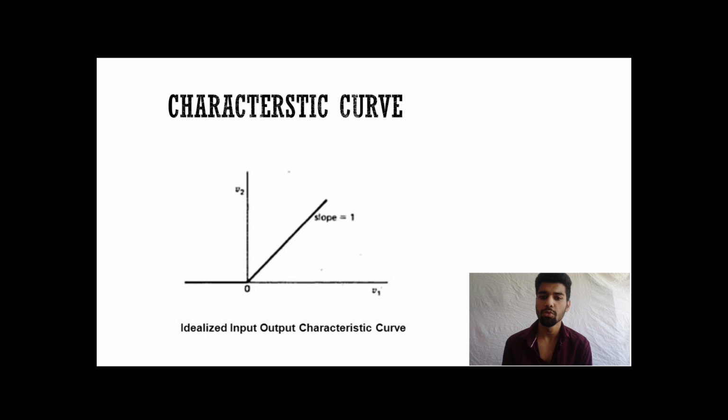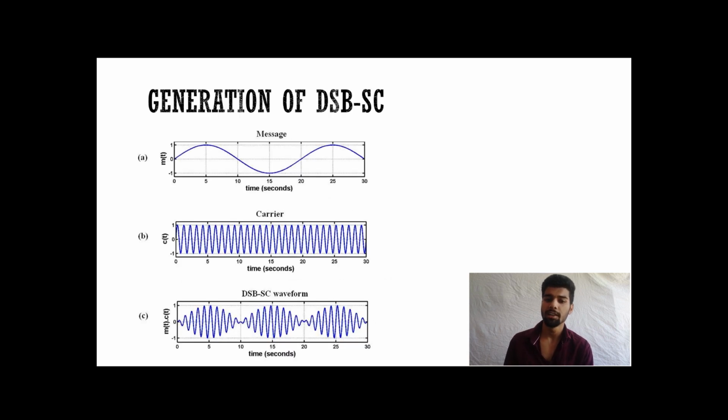Now we come to the DSBSC signal. That is, as we all know, double sideband suppressed carrier. What does suppressed carrier mean? Let's see. Here the A signal is the message signal, the B signal is the carrier signal, right? Like we all know, the carrier signal has greater frequency than the message signal. And the third one is the DSBSC waveform. If we compare this DSBSC waveform with DSBFC, you can clearly see that this DSBSC waveform is lacking the carrier, that is, it is suppressed carrier.